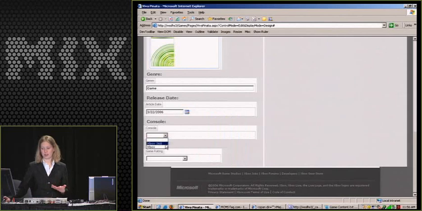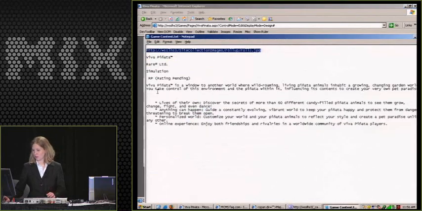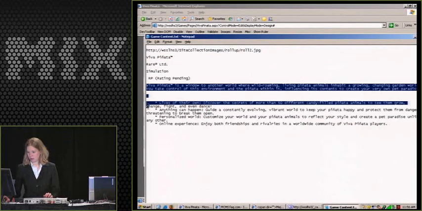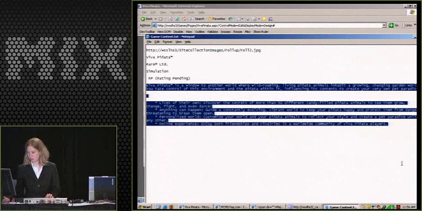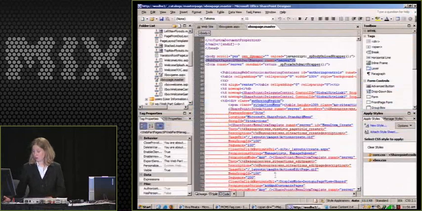We also have choice boxes, so you can say this is for the Xbox 360. You can choose that it's one for everyone. Let me copy some of this. So the other cool thing to see,